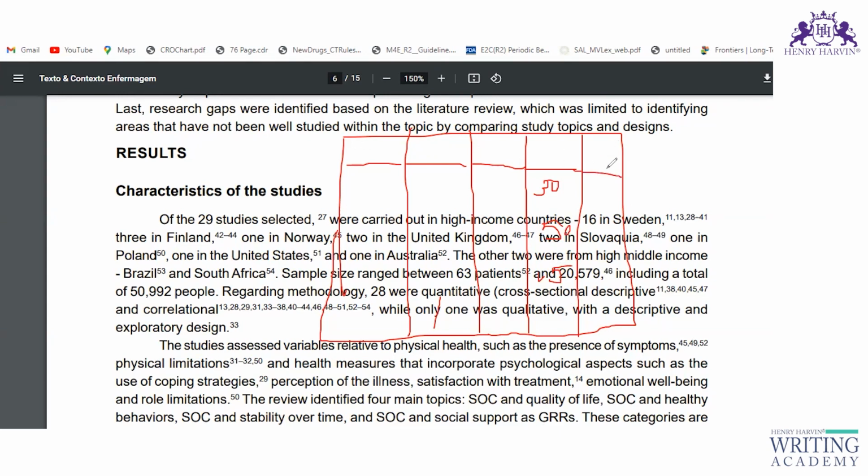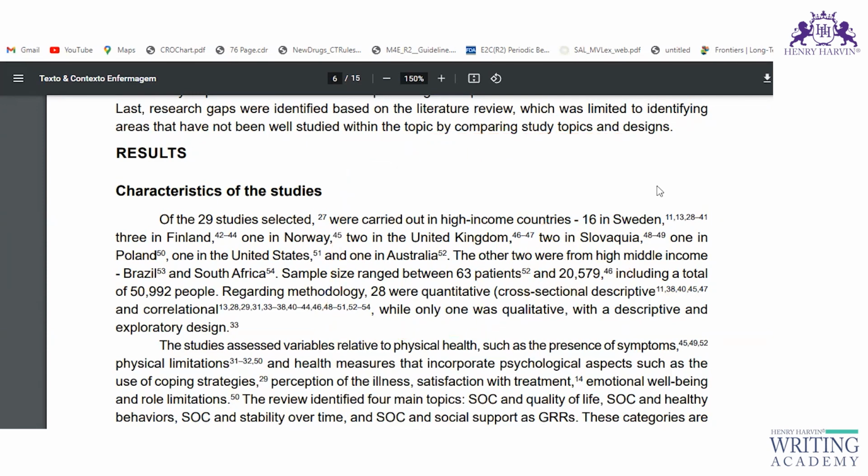Then in the last column, you can write the characteristics. In the last column, you can mention the characteristics. I will show you in some other article how you can write it in the tabular format. So these are the two easiest forms of writing the characteristics of each of the studies which you have